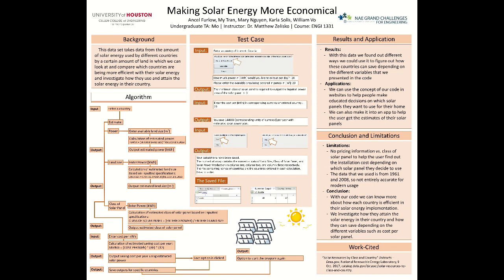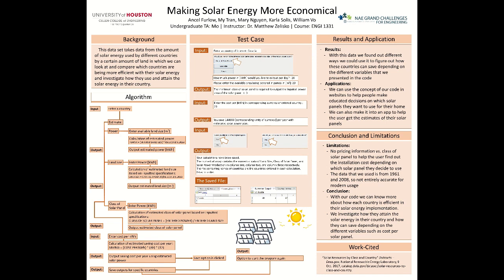For my second example, we'll still be using Afghanistan, but this time we'll be calculating the area that we'll need to coat in solar panels. When selecting this calculation, you'll be asked how much power you'd like to output and the class of solar panel you will be using. For this example, I again put an output of 500 kilowatts, and the class I selected is a class of 4. With these inputs, the program tells me that I will need 118 square meters of solar panels to get the